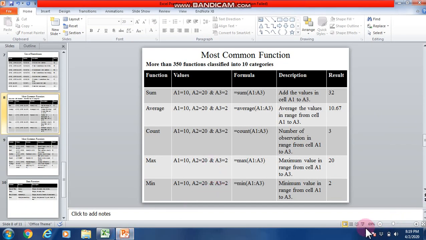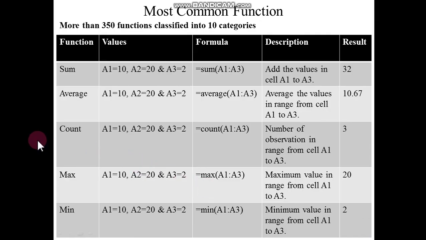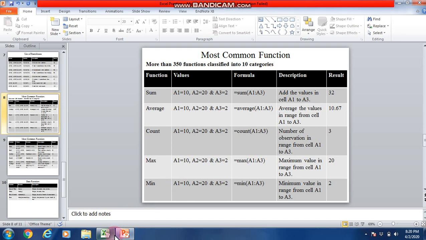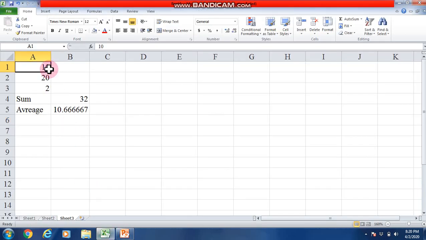The third common function which you may need sometime is the count. This function is used to measure the number of observations in a given range. In this case, the number of observations is 3. But when we work on data, sometimes you might have 10,000 or 50,000 observations, so it takes too much time if you count in this way, like 1, 2, 3, 4, 5, 6, 7, 8. So the easiest way is to